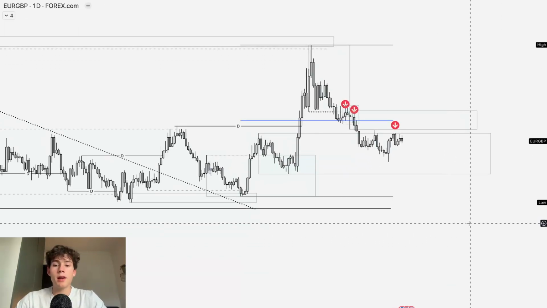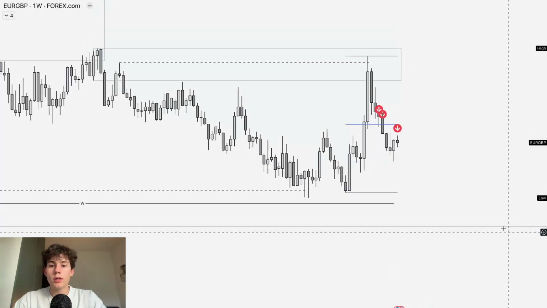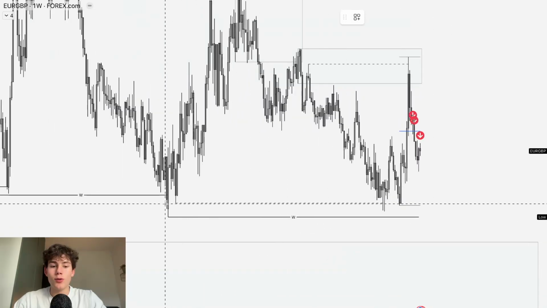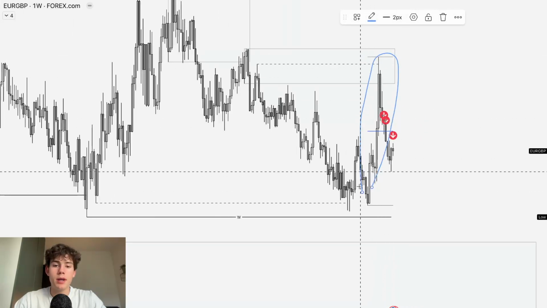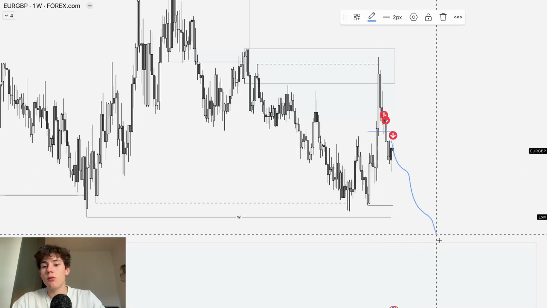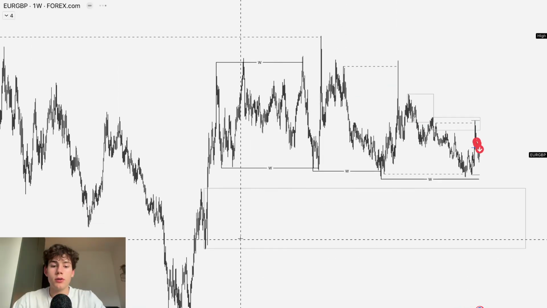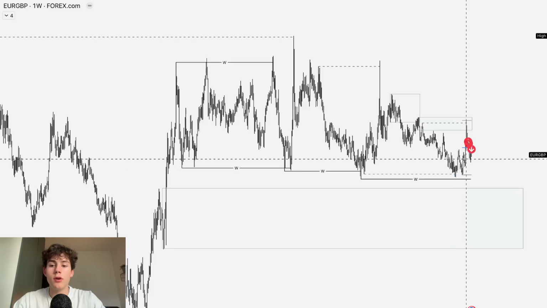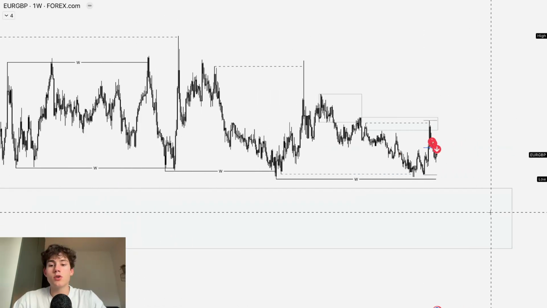So looking at my last pair here, Euro GBP actually, so what can we see? Well, of course, let's take a look. We took a lot of liquidity at the lows, but then we got an immense manipulation swiping all of the liquidity above the highs. So what am I looking for? To trade down lower and take out all of the lows, and from then to trade all the way in towards this open demand zone. Why? Because we had a huge manipulation move, and I'm now looking for that distribution in towards this open demand, which is quite obvious for me.